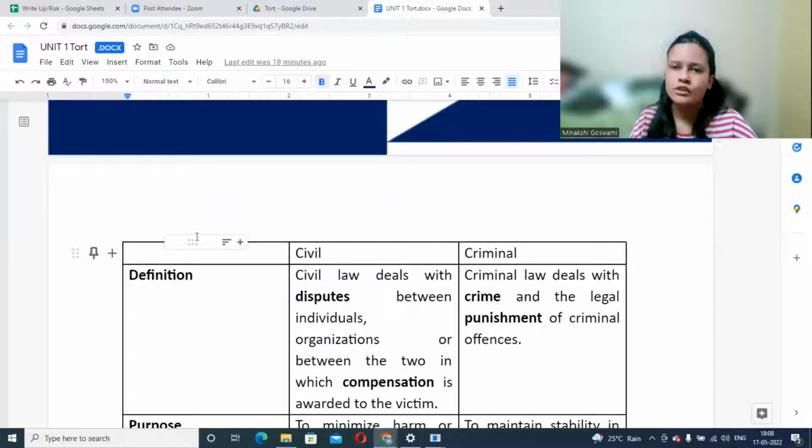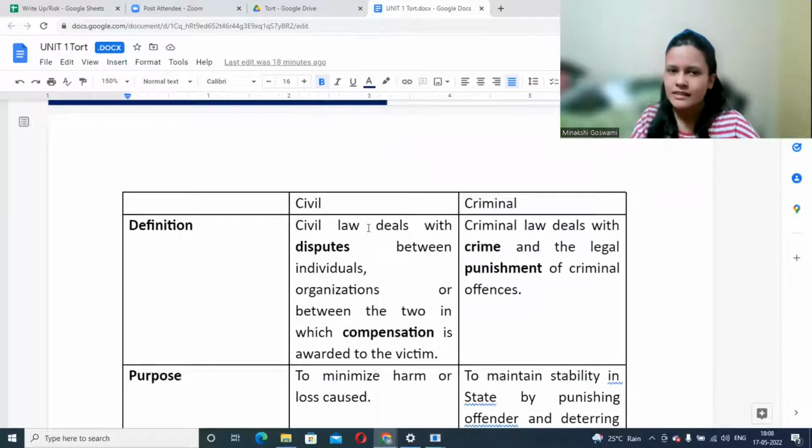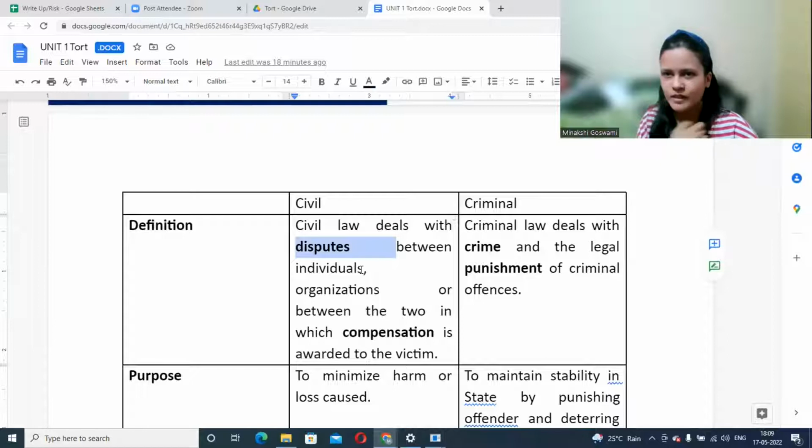Okay, fine. So first we need to know civil and criminal difference. It is important whether you are studying torts, IPC, CrPC, CPC, whatever subject. This is a very basic understanding of law. Okay, so we will see what is the difference between civil and criminal. Civil, when we talk about it, deals mostly with disputes between individuals. It may be a dispute between you and me. Might be we have entered into a contract. Now I'm not performing the contract. There is a dispute between both of us. You can go to the court. That will be a civil case because nobody else would be bothered with it.